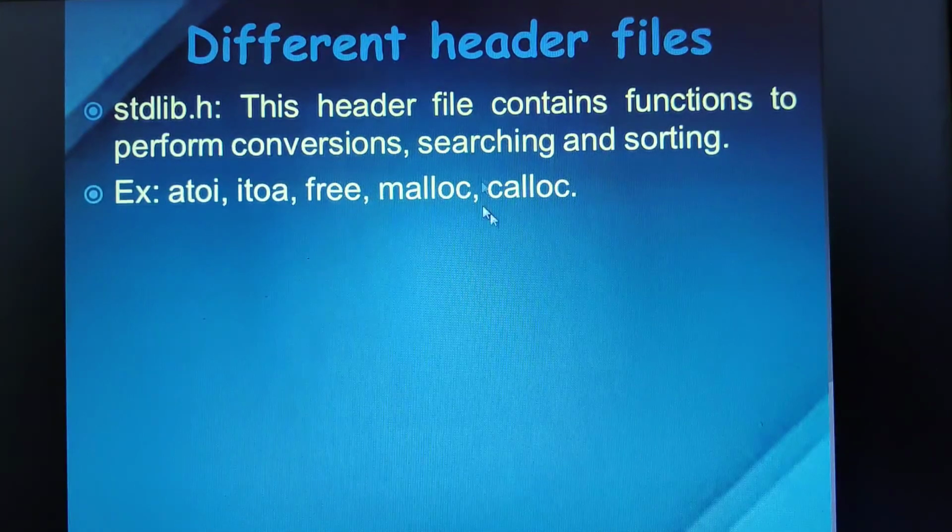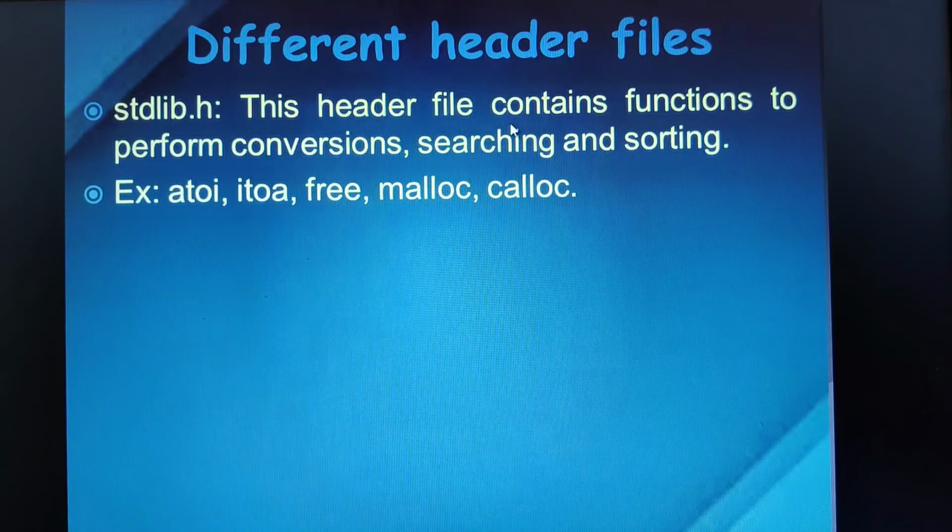Next we have malloc. Malloc will allocate the requested size of bytes. Suppose I give int a of 100, that means we are going to allocate 100 elements of type integer. So how many bytes are you asking for? Each of the 100 elements is 2 bytes, so you are asking for 200 bytes. However much you request, that much memory block will be allocated by using a function known as malloc.